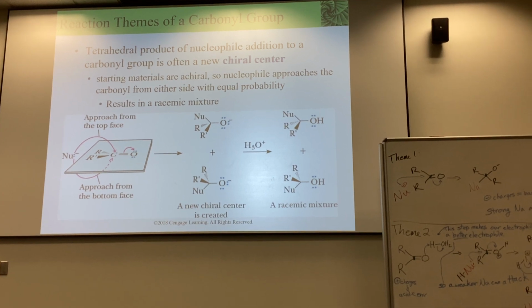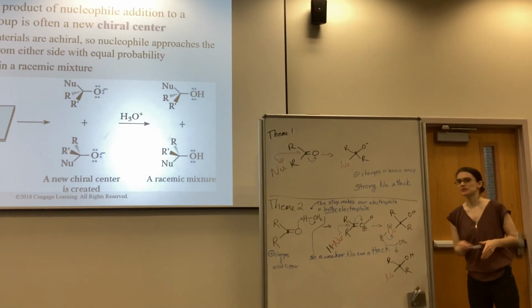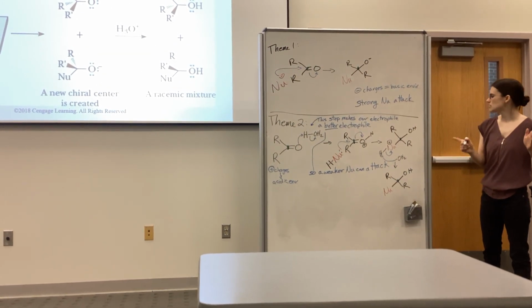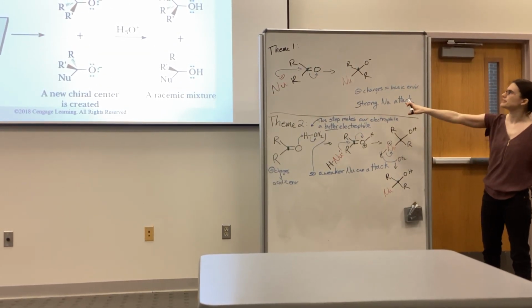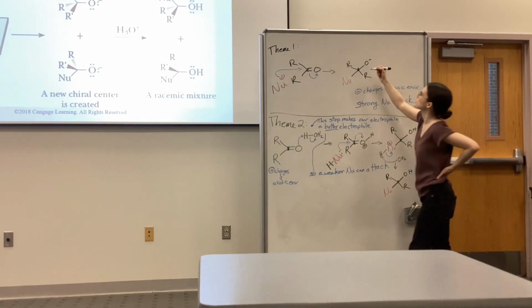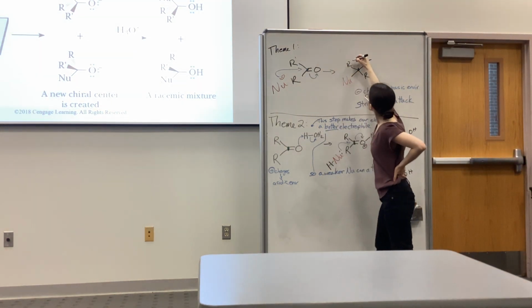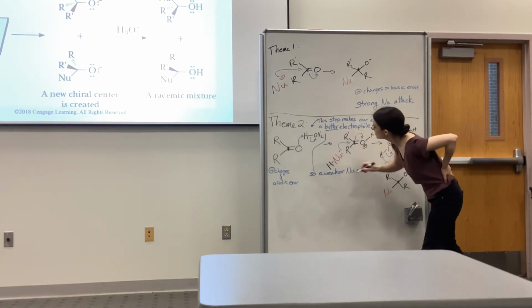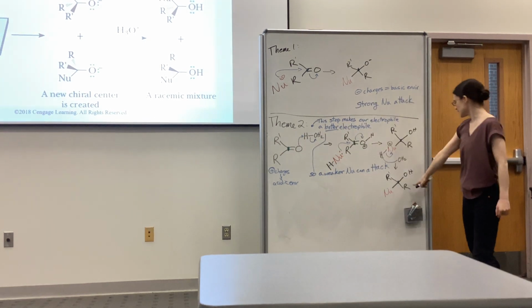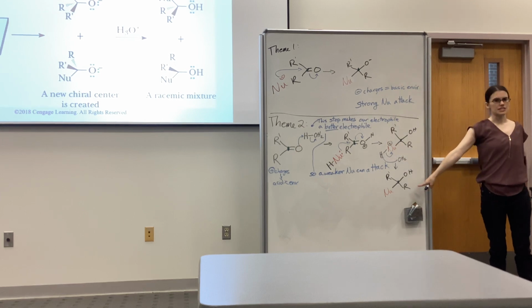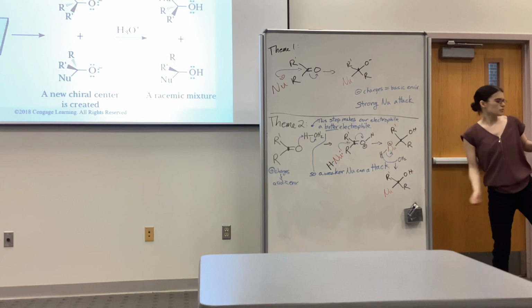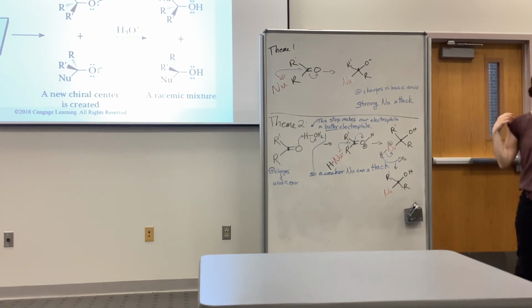From these is that it's really easy to get a chiral center from nucleophilic attack of a carbonyl group, because if I just make one of these guys an R prime, all of a sudden we end up with a chiral center, right? However, we don't actually start out with a chiral center. We start out with this,